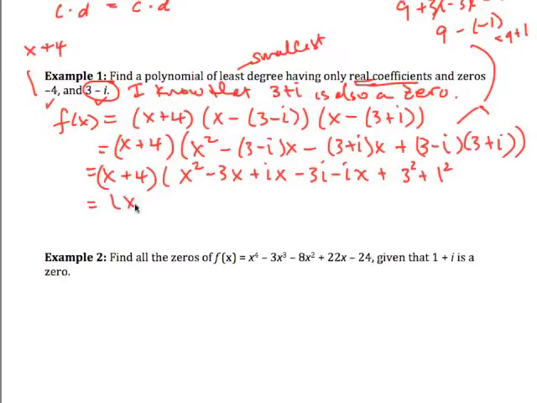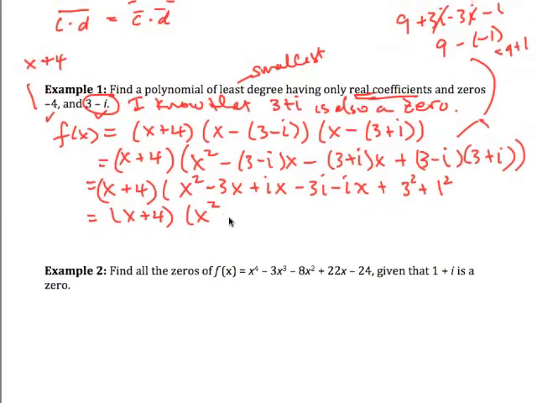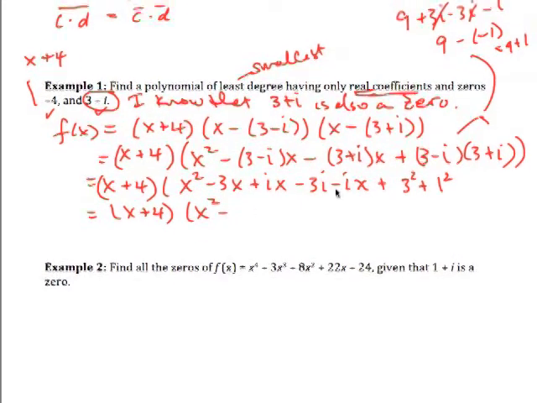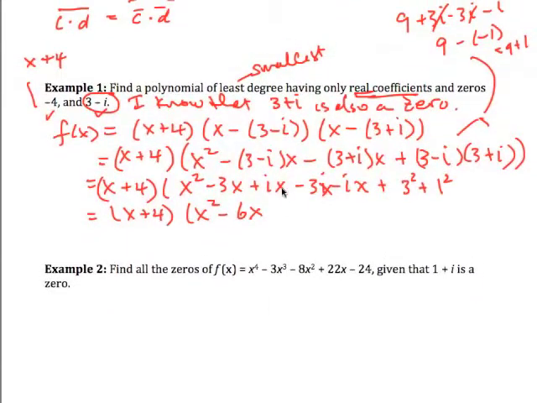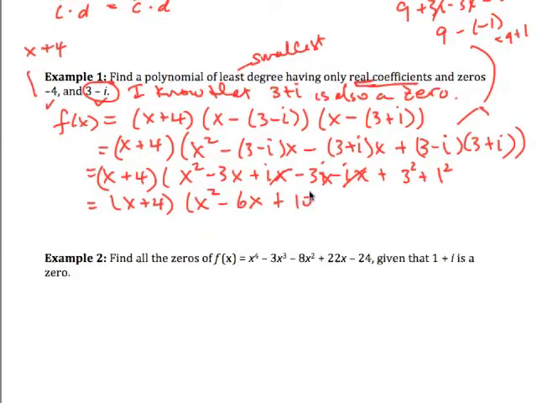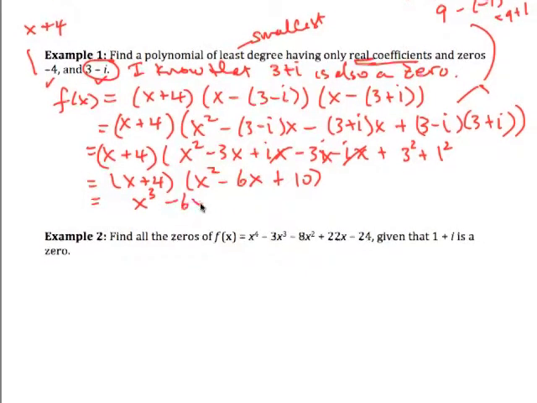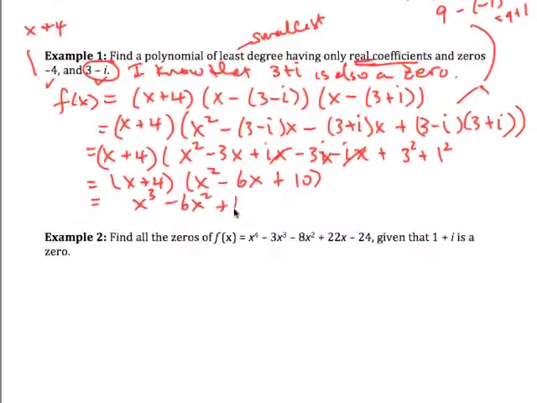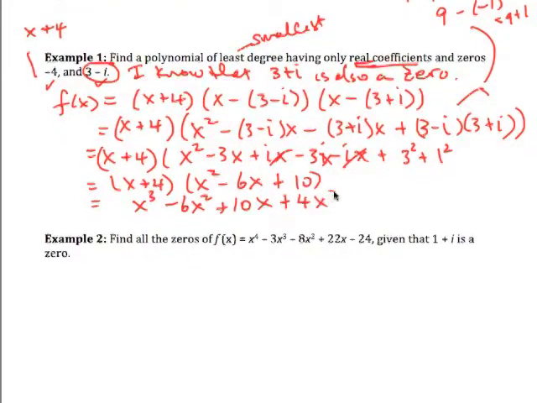So this will be x plus 4 by x squared minus, that should be an x, minus 6x. This cancels with this, and I have plus 10. Now, of course, if I now multiply this, I'm going to get x cubed minus 6x squared plus 10x plus 4x squared minus 24x